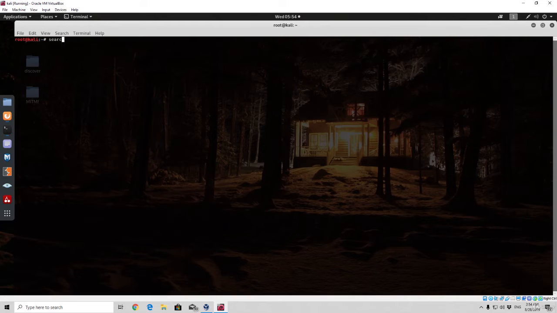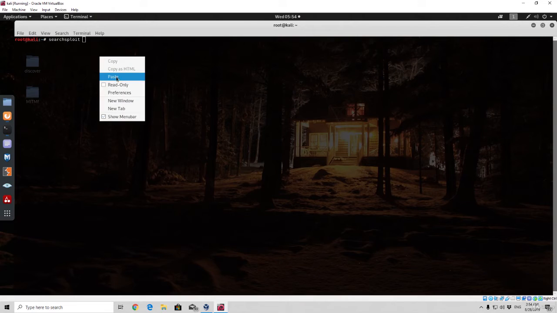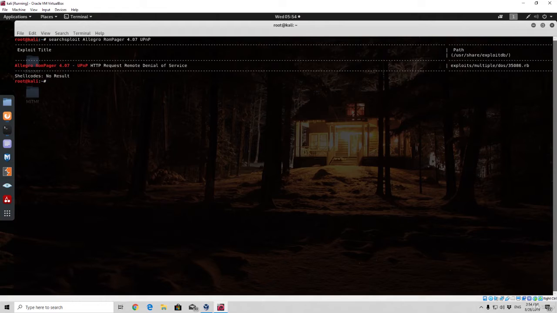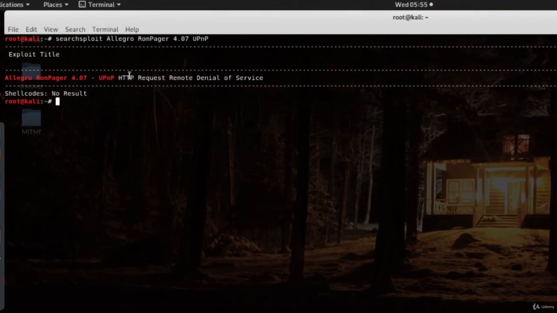I can simply just type Searchsploit, and right after I type Searchsploit, I will simply just paste the actual name of the software, press enter, and we can see that we do actually get some of the results back. As we can see, exploit title, we can see that the matching software is correct, as it is the same thing as we typed right here, and the actual attack that we can perform onto this version is HTTP request